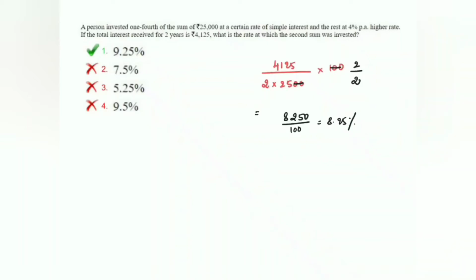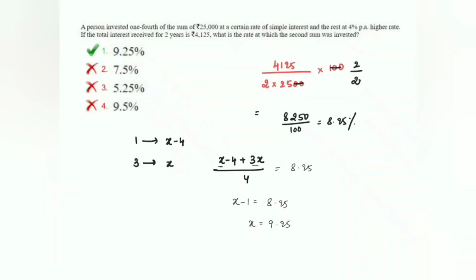Now first 1/4 means 1 part out of 4 parts, remaining is 3 parts. So 1 part and 3 parts. Like mixtures and alligation, you can do it. You want the second part, let the second part be x and the first part will be x minus 4% less. Therefore, the mixture is n1 a1 x minus 4, n2 a2 3x by 4, which equals 8.25. Now I can say 4x minus 4 by 4 is x minus 1. X minus 1 is 8.25. X is 9.25%.